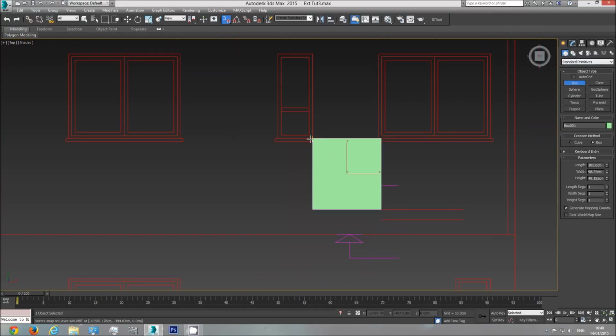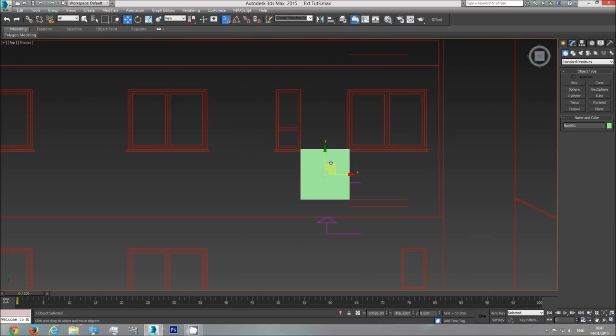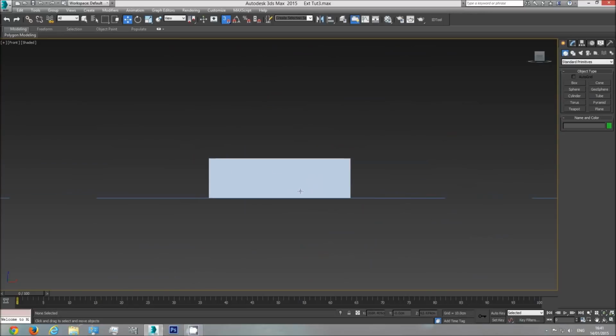The height of the bottom part of our window is 105 centimeters. The top part from the floor is 230. So 105, 230. I'm going to go to the front viewport and create one box which is 105 height,